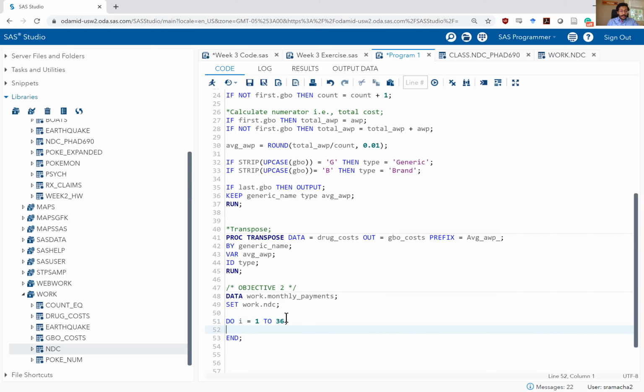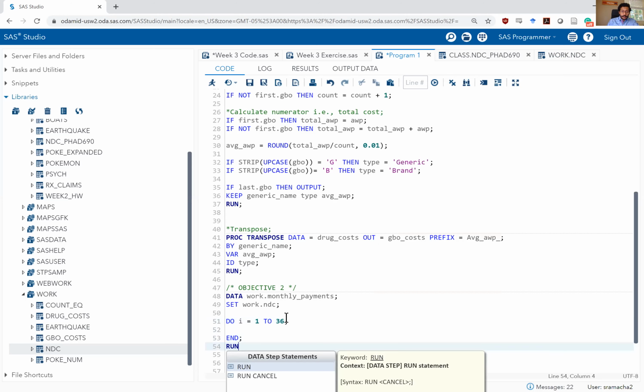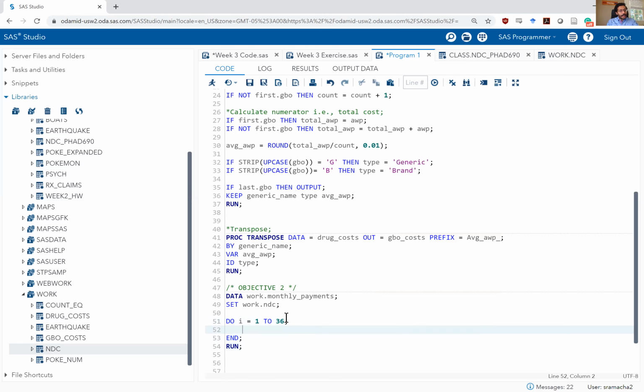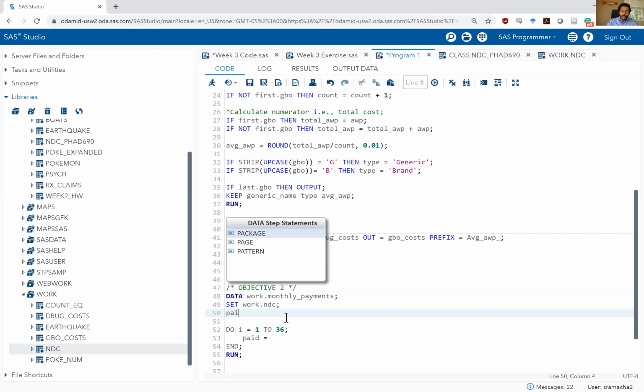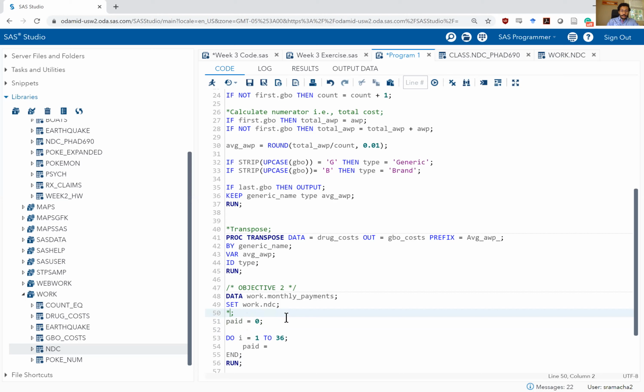And then I want to write a do end statement. At this point, I just want to do a loop where each month we pay 10 more dollars. So I will take the paid value and I will add 10 to it. So let me first set paid amount to be equal to 0. Got a lot of typos today. Initial paid amount equal to 0. Then we have loop to